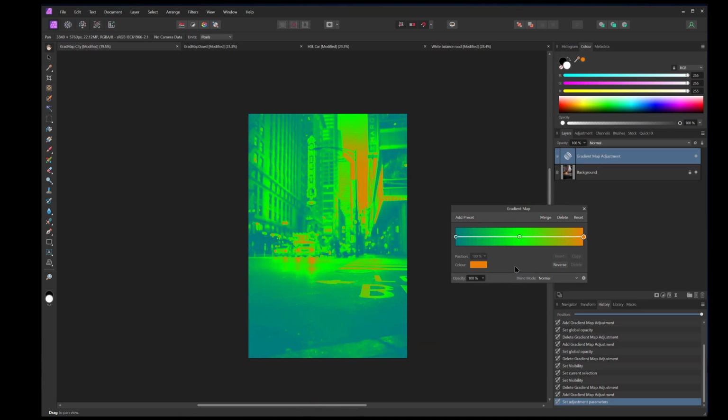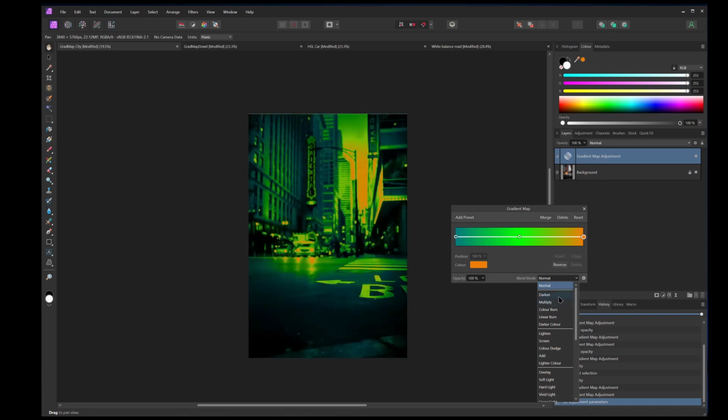Now, straight away, you'll say to me, yeah, but that's horrible. And that's true. What you need to do is two things. You can use a blend mode, which is what we're about to do. And then once you've picked the blend mode you like, you can change the opacity of that adjustment. So what we'll do is we'll come down here and we'll just run